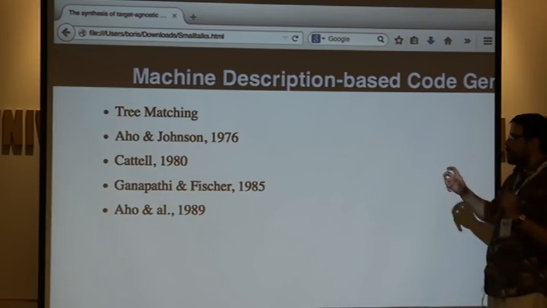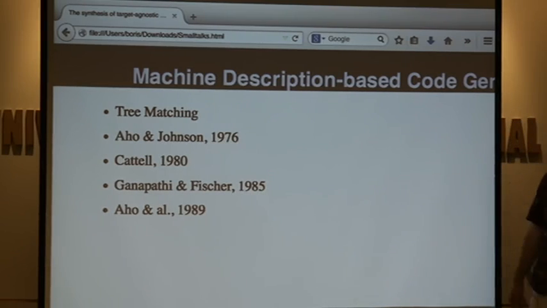There are several classical papers that describe how to do that. In general, optimal instruction selection is computationally intractable, and that's been proven, and there's no way around it. So what do we do?